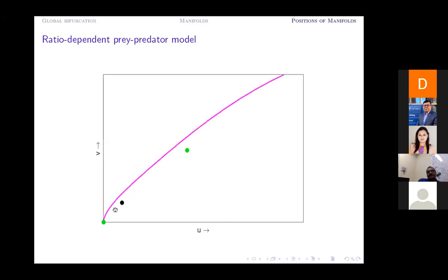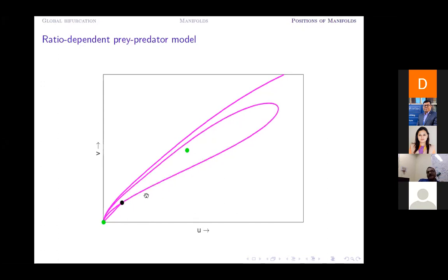So this one is the first manifold that is coming from (1, 0) and ultimately converging to (0, 0). The next one is starting from this saddle point and converging to this equilibrium point. Now you can ask me the question, how are you saying that it is starting from here and converging to this? Then you have to check with the comet command after performing the numerical simulation. Then this one is another manifold. And again, if you check, you can understand which one is stable and which one is unstable.